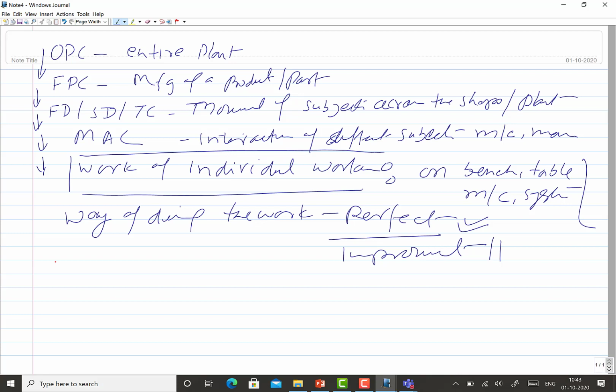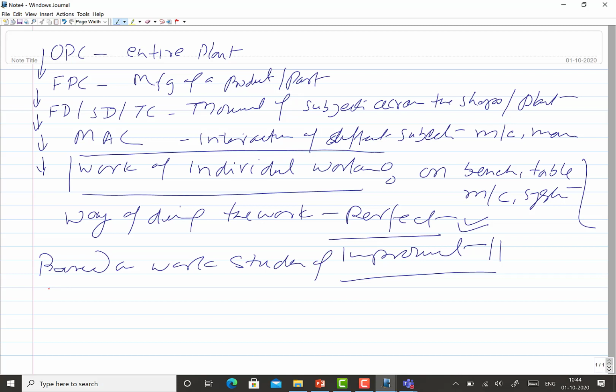So to study if the way by which the worker is working is perfect or not, or what kind of scope there is for improvement, we need to know certain guiding principles, so that we are in a position to comment on whether the way by which the worker is working is perfect or not. So for that, based on the work studies